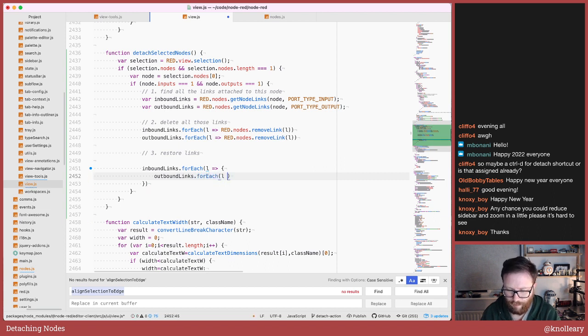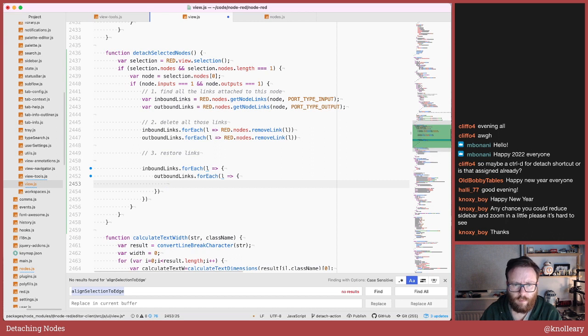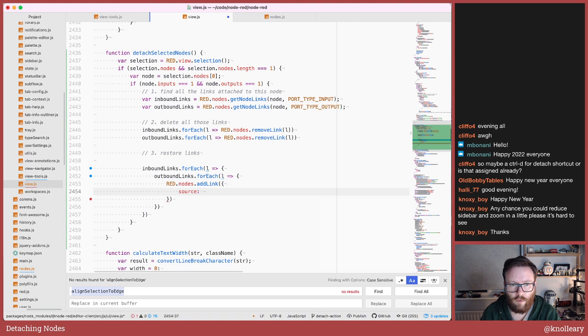This is where I say this could get messy when you've got lots of nodes coming, lots of wires both coming into the inputs and coming out again. When you remove this node, you're going to end up with quite the mesh of wires, but so be it. I mean, that's just a consequence of what this action does. So for each inbound link, we need to create a new link with the source of the